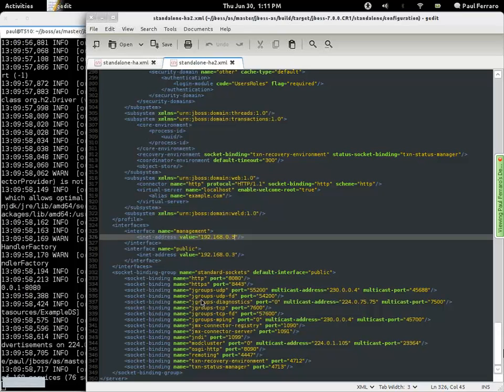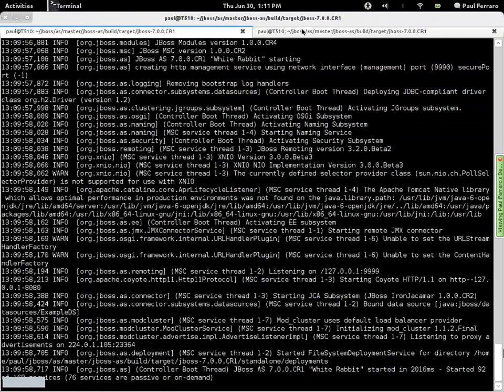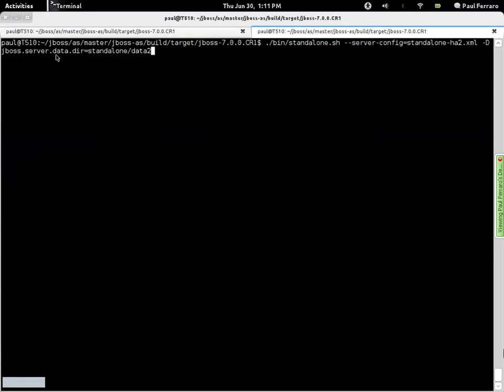Alternatively, I could set up the socket binding group for my second server instance with a port offset, which will actually go ahead and increment all of my binding ports accordingly. So if I go back here and just start my second instance, I also want to specify that I